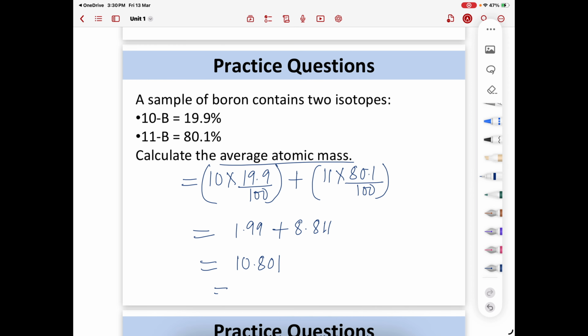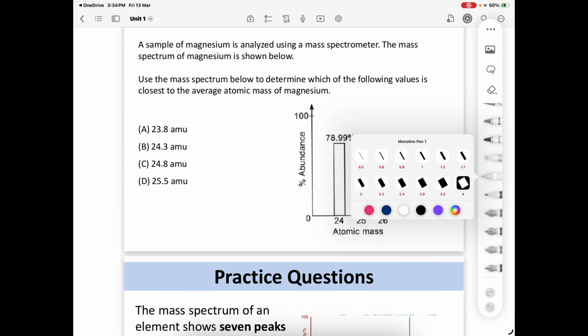.801, so you're going to say 10.8 AMU. So this is how you will solve the